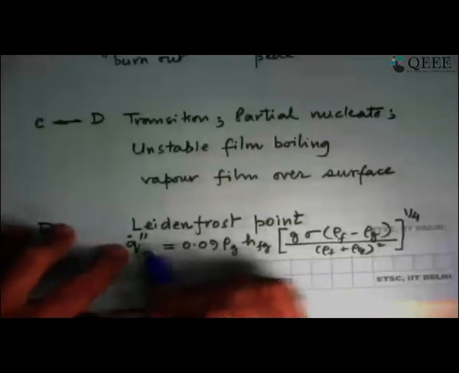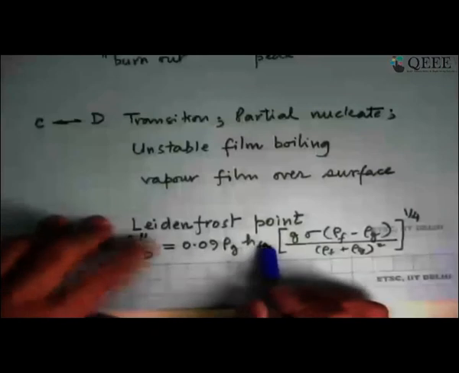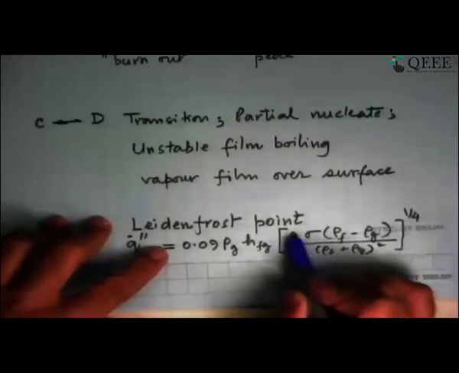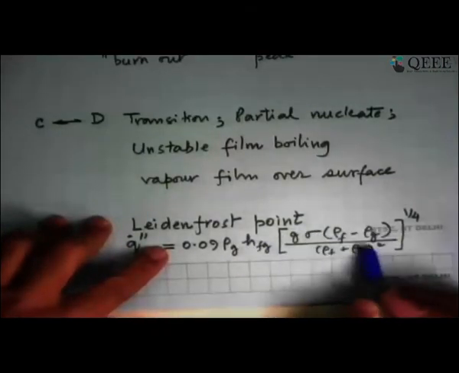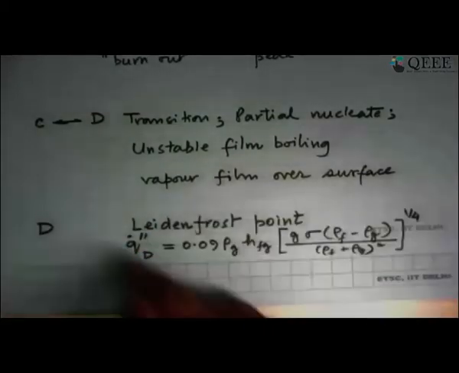Before that, I'll just put out here the term for the Leidenfrost point. This is that heat flux rate, q double dot prime at the wall, at the Leidenfrost point, which is rho_g times h_fg, and it is a product of [g sigma (rho_f minus rho_g) upon (rho_f plus rho_g) squared] raised to the power 1/4. So what it's telling us is that for a given fluid at a particular pressure, remember this is pressure dependent,